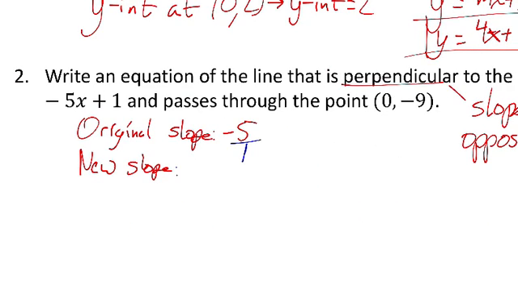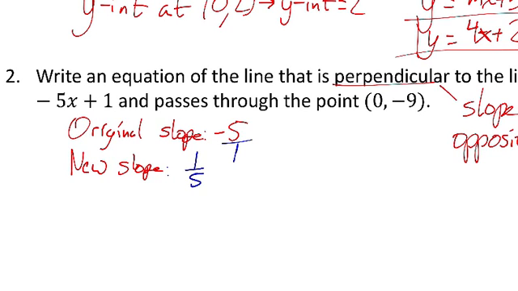The new slope, the opposite reciprocal, so it was negative, so now it's going to be positive. Take the reciprocal, meaning flip that fraction over. So our new slope is 1/5. Now again, we're given the y coordinate on the y-axis, so our y-intercept